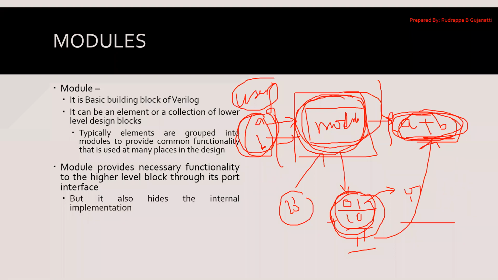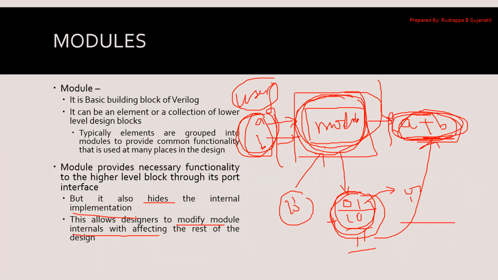So a module basically hides the internal implementation. That is what we spoke about, how it is implemented. And also we can modify the way the module has been utilized. Here I specified that you can use the numbers directly in your implementation, or use 2's complement and then add it. So this is how you can go ahead. You can modify it, and it will not affect the users who are using this entire module.